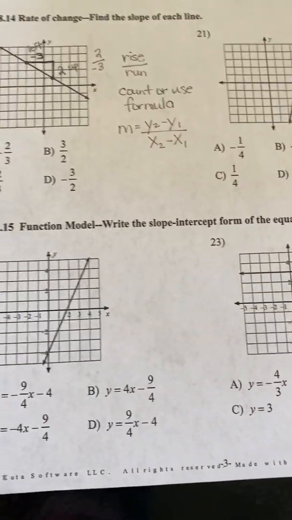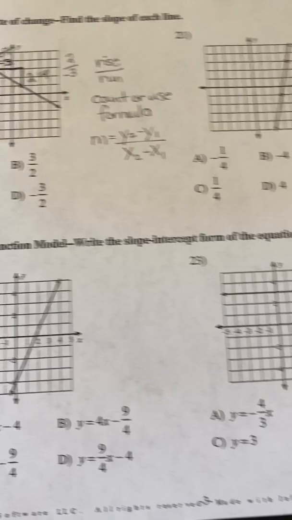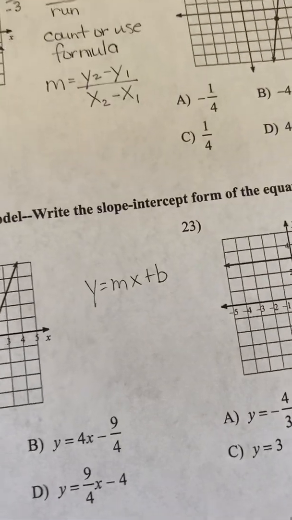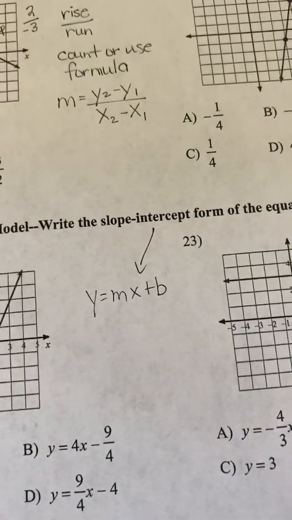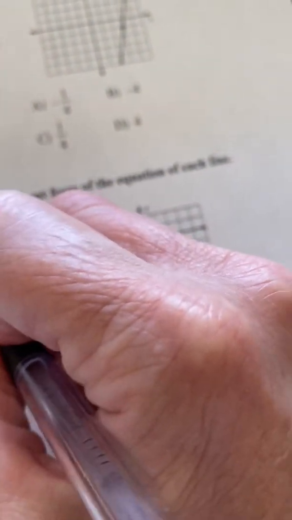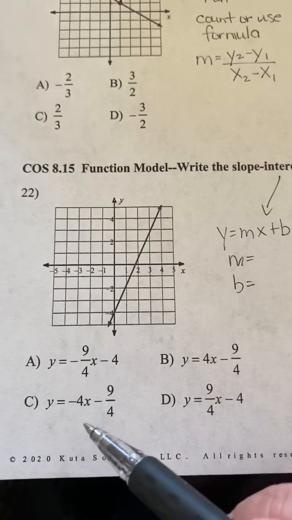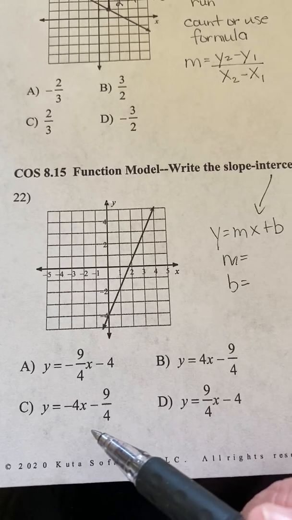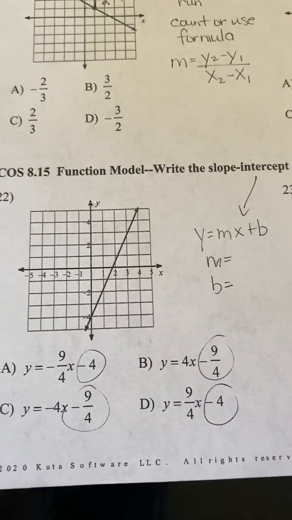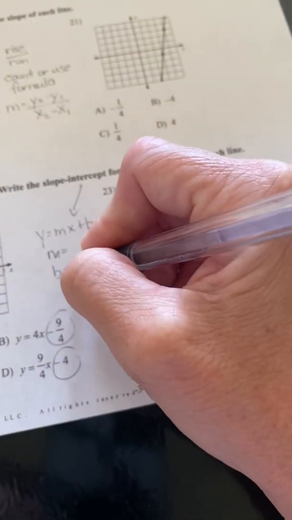22 and 23 are write the slope-intercept form of the equation of the line. The biggest thing I want to say with these two problems is y equals mx plus b. Y equals mx plus b is the slope-intercept form. We've been over that several times, but I'm going to restate that. You want to make sure you know what the slope is, and you want to know what the y-intercept is. For instance, all of these answers are written in slope-intercept form, so you know the b is at the back of all of these. So which one of those b's matches up with the b here? B is the y-intercept,